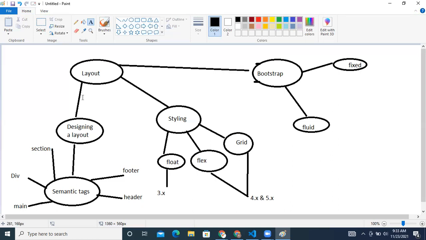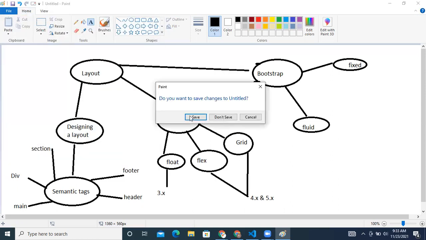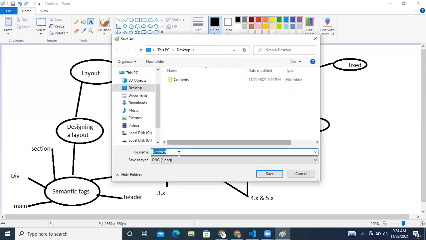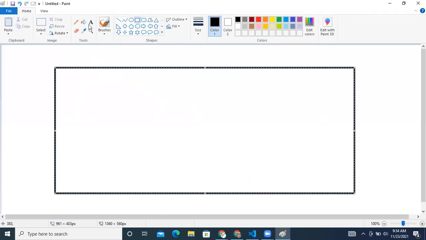Okay, so Bootstrap will work on the grid system mainly. See, for example, a web page like this, and how Bootstrap will work with grids is, it will divide into columns always.